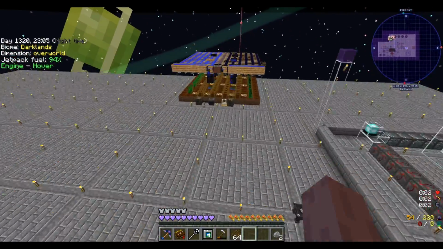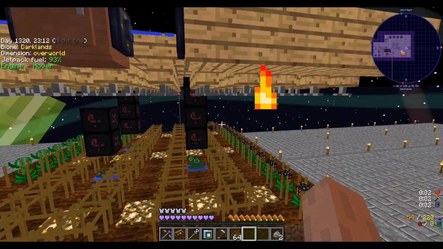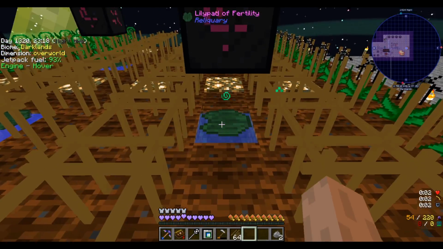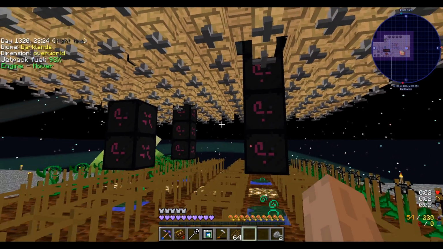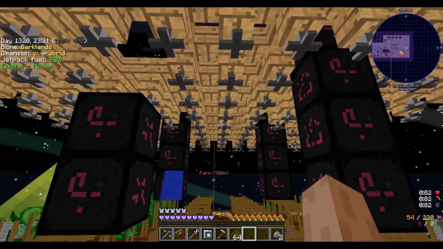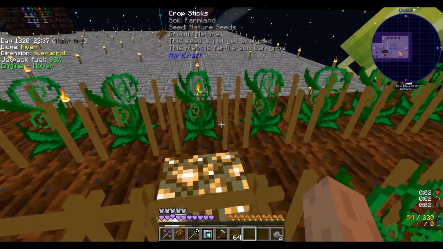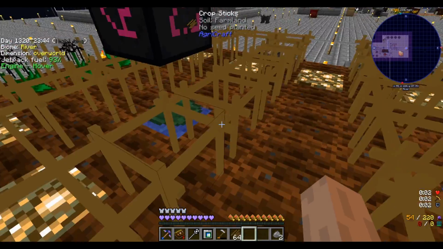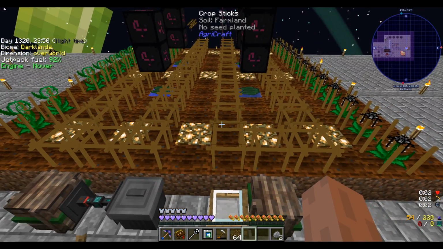But here, not only do I have all these growth crystals, minus the two that I just borrowed, I also have all of these sprinklers, and lily pads of fertility. What all of these things do is they provide an increased chance for plants in the area to receive a growth tick, and by having a lot of them, they increase the chance greatly. So instead of having to wait maybe a couple minutes for a plant to grow, it'll do it in a couple seconds,